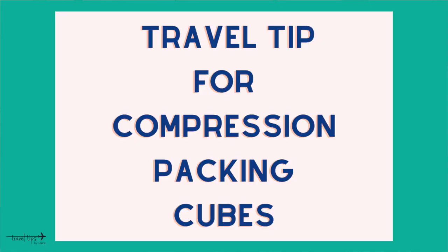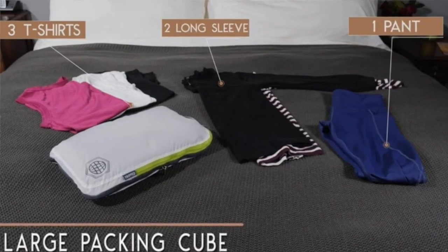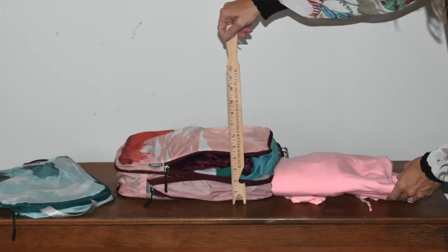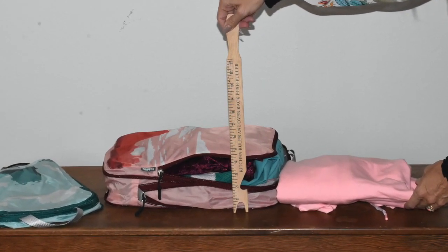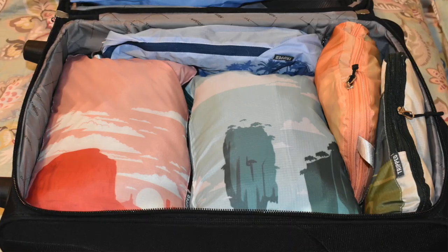Here's a travel tip for using a compression packing cube. You're going to pack 1 pair of trousers and 3 t-shirts and 1 long-sleeved shirt in 1 cube, or you can pack all of your shirts in 1 cube, and then you'll just drape those jeans over your packing cubes. This set of packing cubes helps organize my items into six